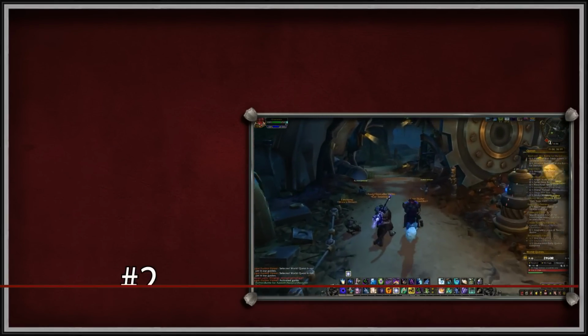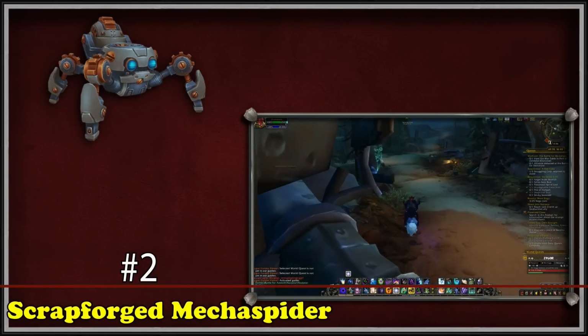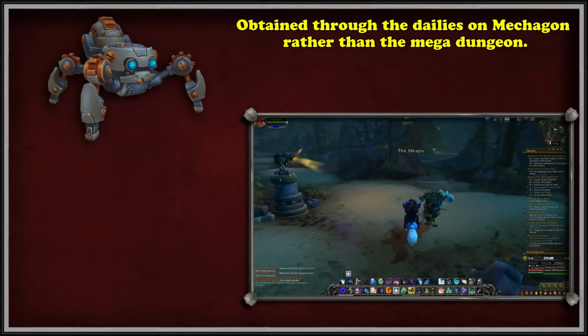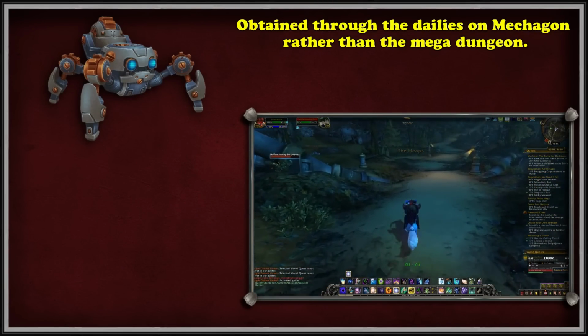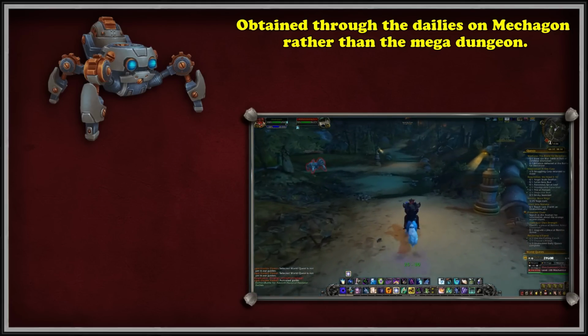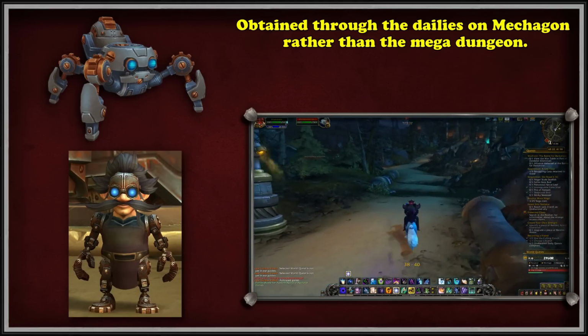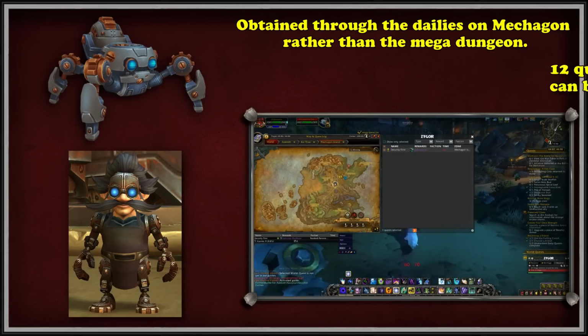And at number 2, we have the Scrapforged Mechaspider. Rewinding to Mechagon a bit, this mount just comes from completing a series of daily quests in the Mechagon zone. Once you unlock the general story and campaign for Mechagon, you can begin a quest called Shop Project from an NPC named Recycler Kerchunk. You'll have a total of 12 quests to give you, but you can only complete 1